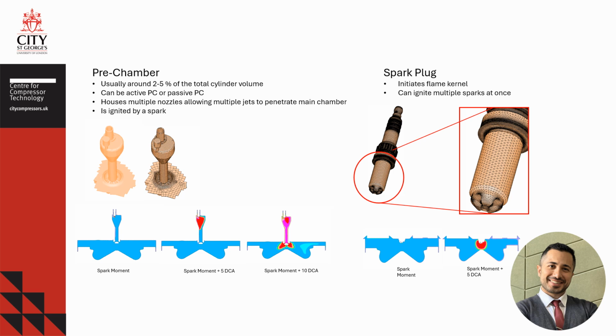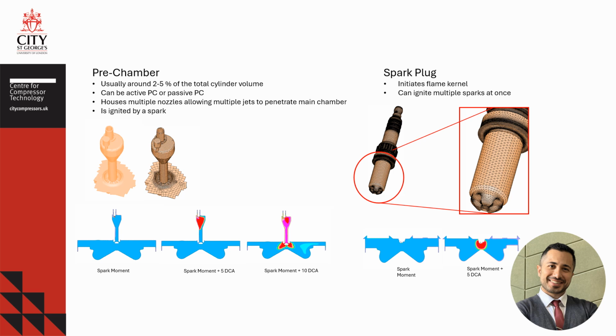fuel. The pre-chamber accommodates multiple nozzles which aid in the combustion phase, creating multiple flame jet fronts inside the main chamber, enhancing combustion performance and efficiency. The combustion process inside the pre-chamber is initiated by the spark plug itself. On the other hand, we have the ordinary spark plug, which we all know. This plug can initiate a flame kernel as programmed, and it can house multiple tips for multiple sparks at once